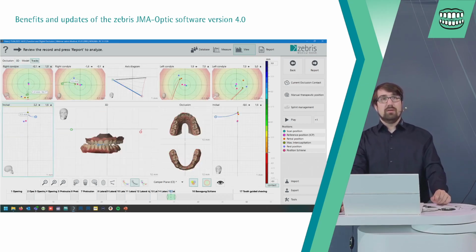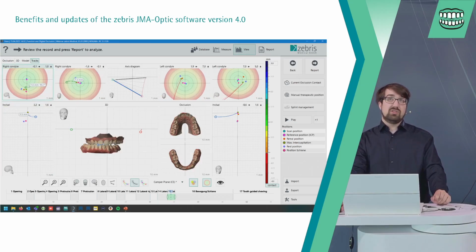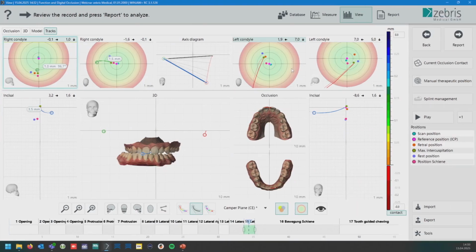And what we see here is that the beginning of our movements are not in the zero position, because I didn't start at zero. I started from a different position each time, and you will see the difference in the starting positions directly here in your tracks.